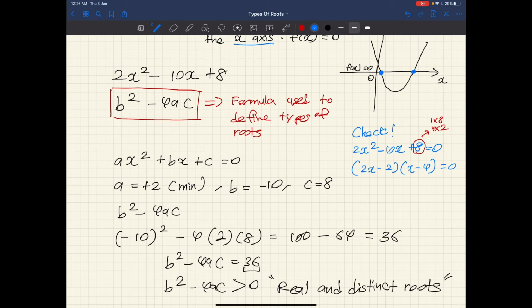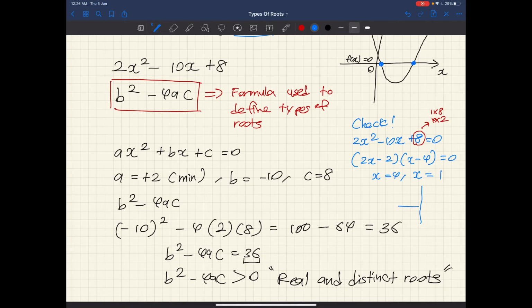Alright, so if I want to find the roots in this case, my x is 4 and my other x is 1. I draw a graph. This is supposed to be a minimum graph, that means it's a smiley graph. So I have two distinct roots, so I have a graph as such. My first intersection point is 1, the second intersection point is 4. And this is actually something we can see over here from the types of roots